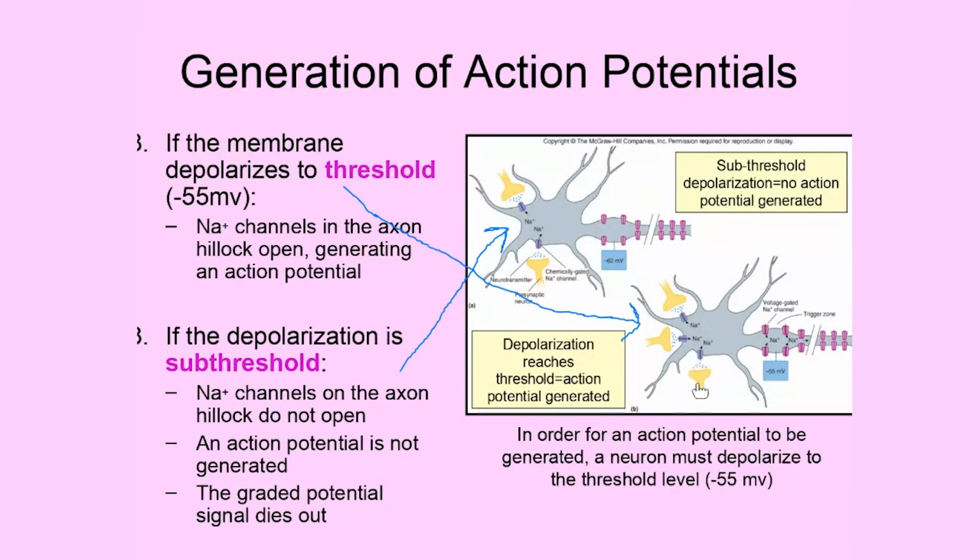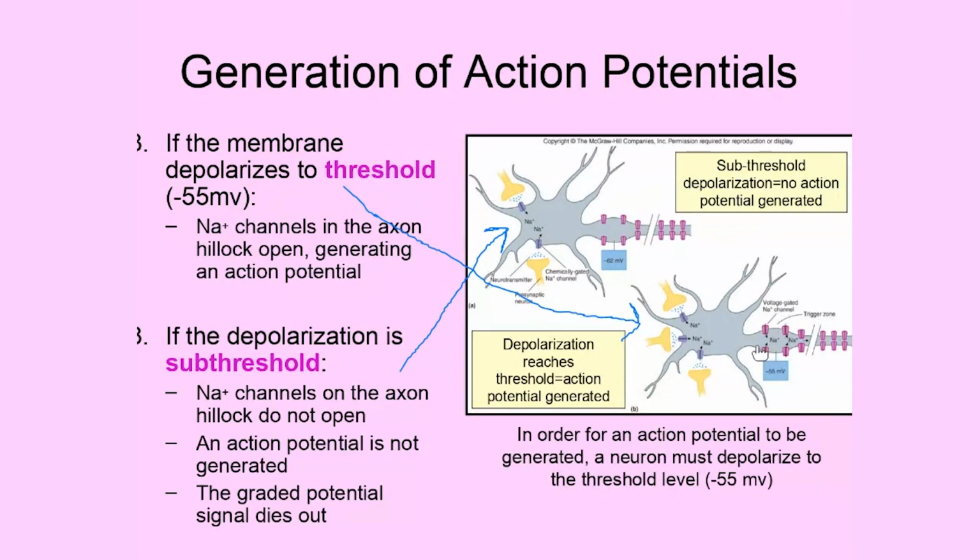So our stimulus was intense enough that enough sodium channels opened, that enough sodium entered to take us from a membrane potential of negative 70 to a membrane potential of, again, if you can see this picture right here, negative 55 millivolts. Negative 55 is our threshold level. If we are able to depolarize the cell to negative 55, because our stimulus was intense enough, enough sodium channels opened, and enough sodium entered, then what will happen next is